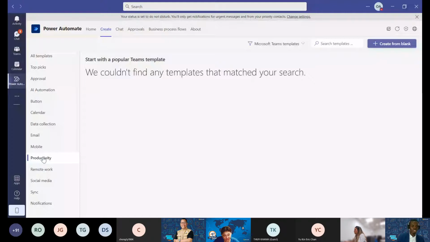So let me say, alert me when I am mentioned in Microsoft Teams, schedule a reply, welcome new members. Let me say I can easily start a meeting. Let me look for that, so I can easily start a meeting with a process created to do that. A lot of processes here. This is what I've been talking about: send approval or rejection email for a SharePoint list. You can automate something like that and say, anytime something happens, just send the mail on my behalf. Let me even say, I don't want to use all these templates. If I click on create from blank,